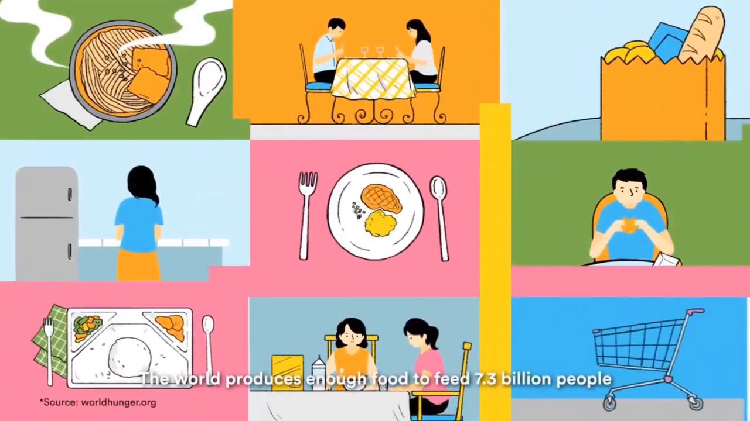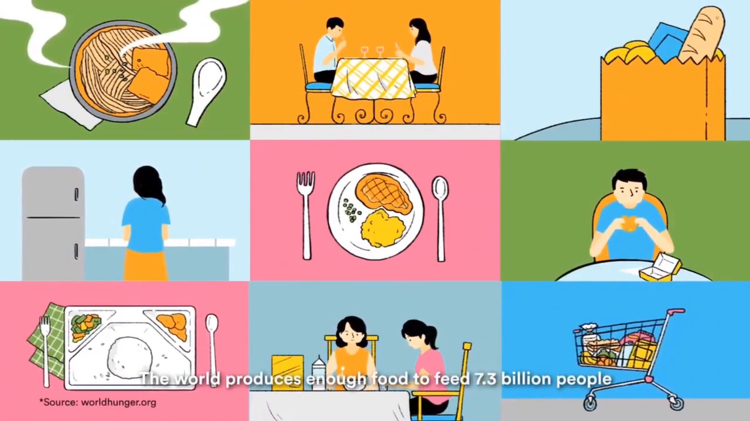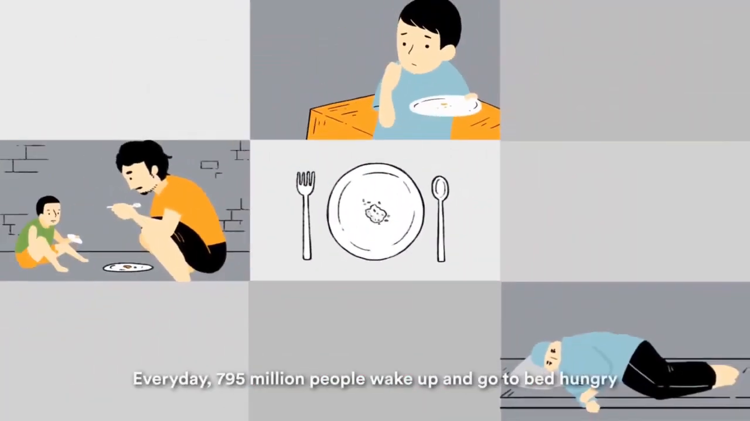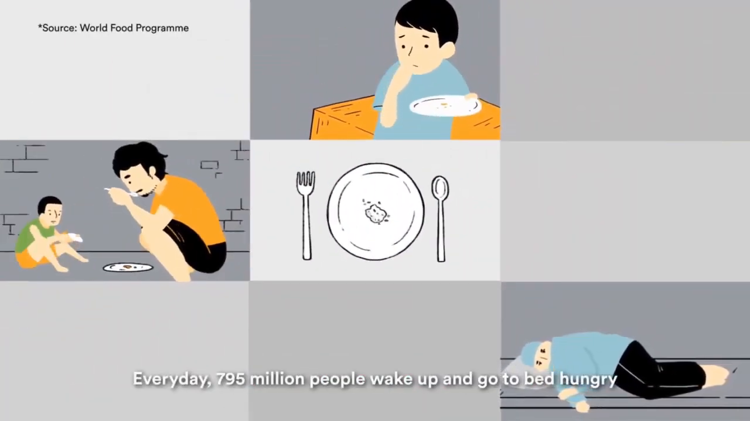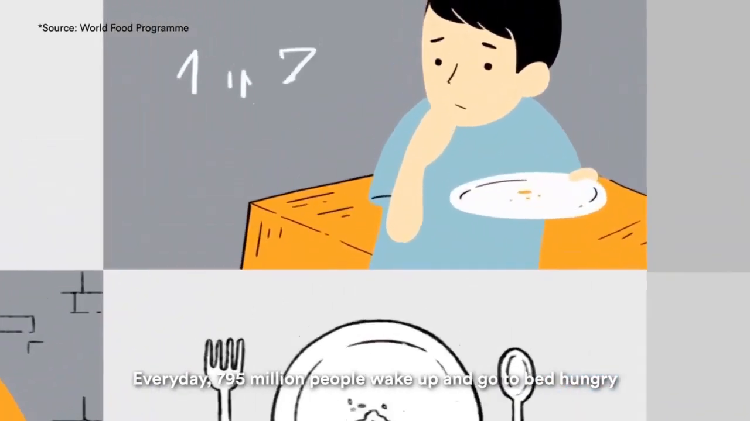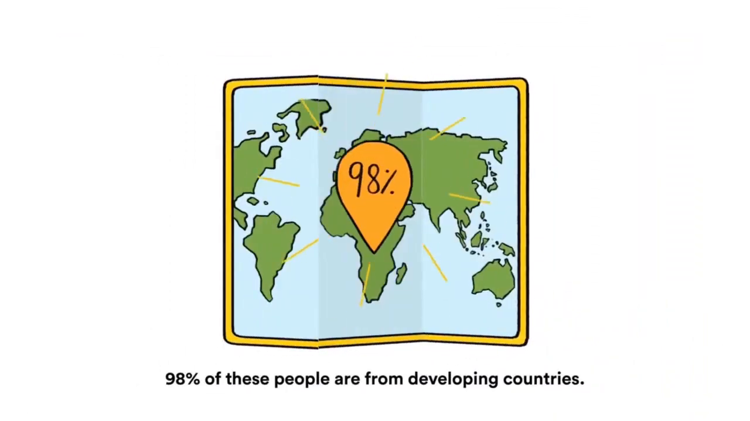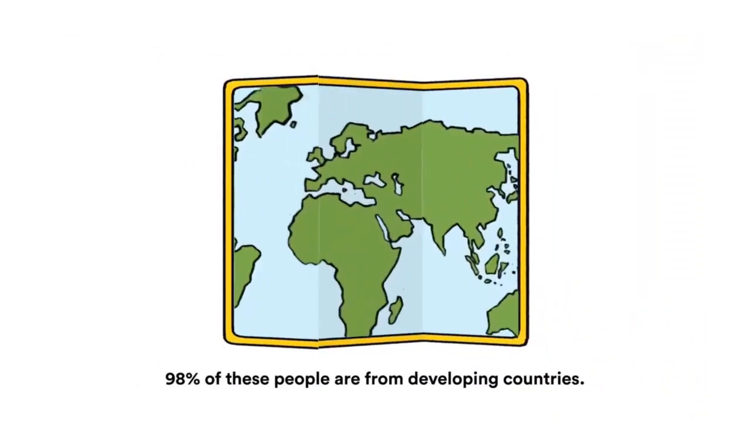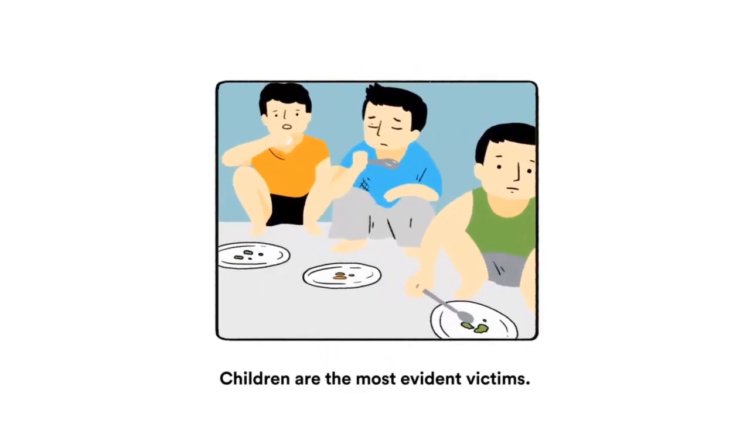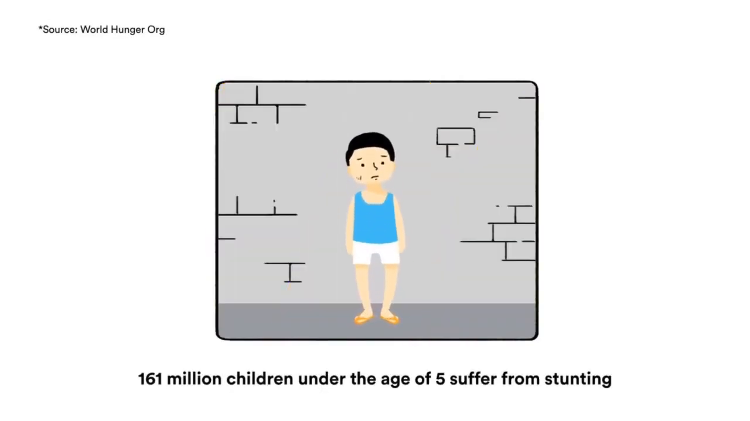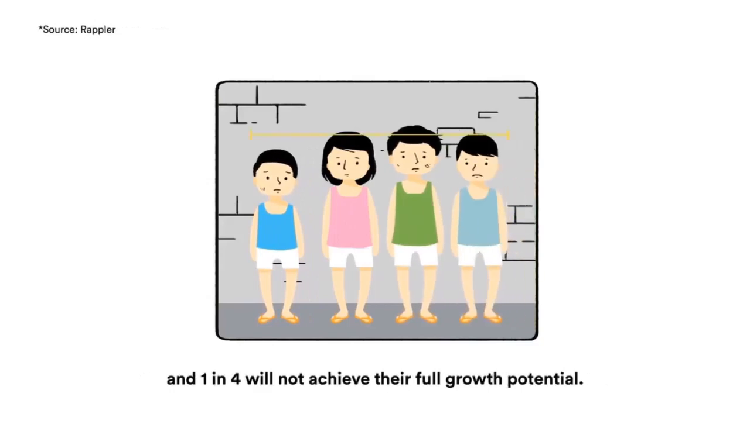The world produces enough food to feed 7.3 billion people, but not everyone has access to proper nutrition. Every day, 795 million people wake up and go to bed hungry, and 1 in 3 of them suffer from malnutrition. 98% of these people are from developing countries. Most are from Asia. Children are the most evident victims. Every 10 seconds, a child dies from hunger-related diseases. 161 million children under the age of 5 suffer from stunting, and 1 in 4 will not achieve their full